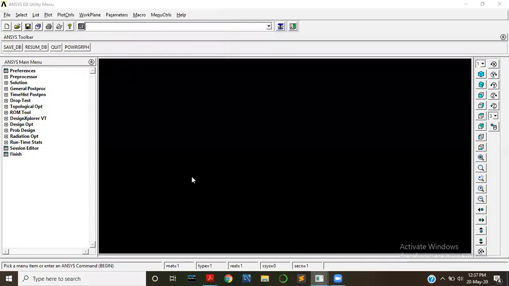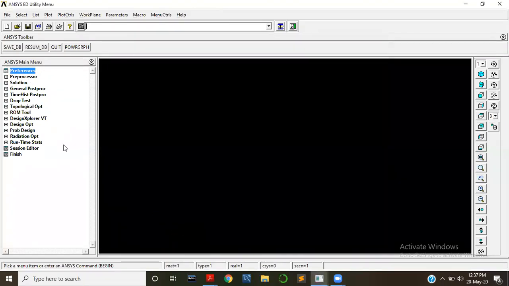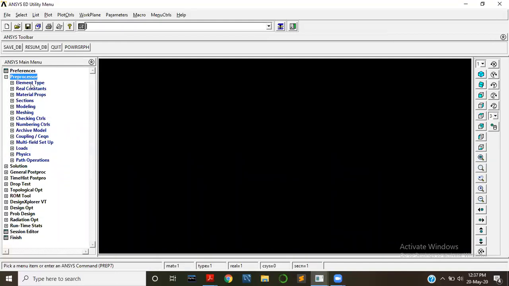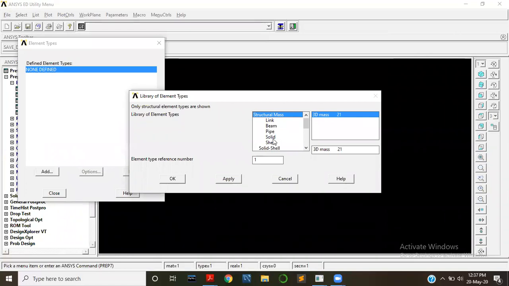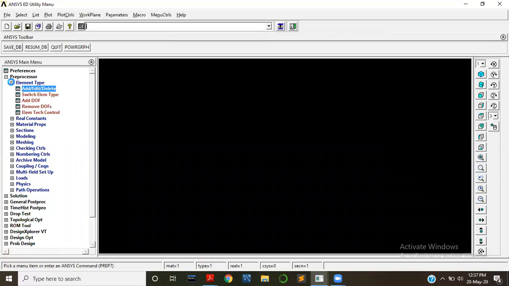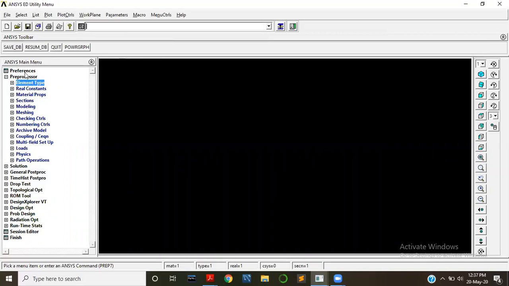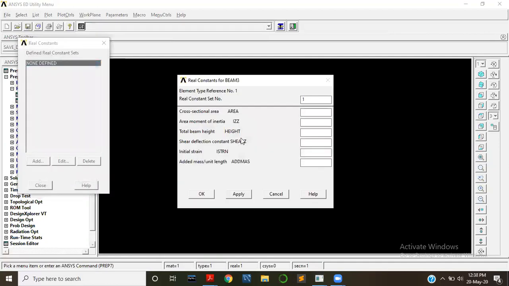So this is the ANSYS software. Go to Preferences, Structural, okay, and then Preprocessor, Element Type, Add/Edit/Delete, Add, and here go to Beam 2D elastic 3, press OK and close. Then we have defined the preferences as a structural problem and the element type also we have selected, and go to Real Constants, Add/Edit/Delete, Add, okay, then